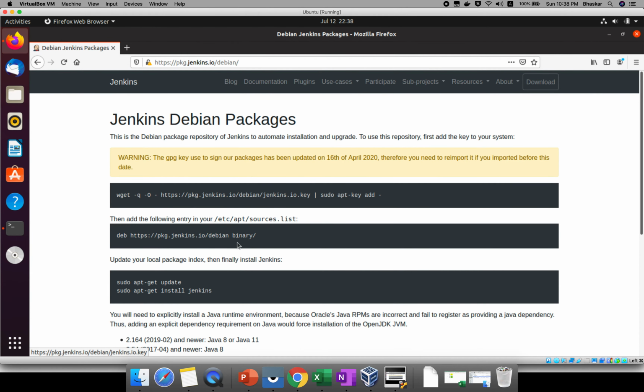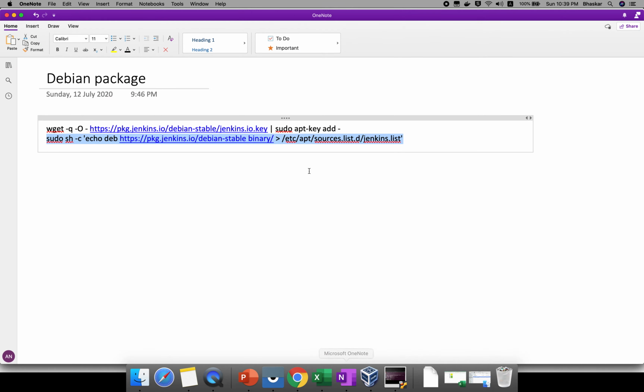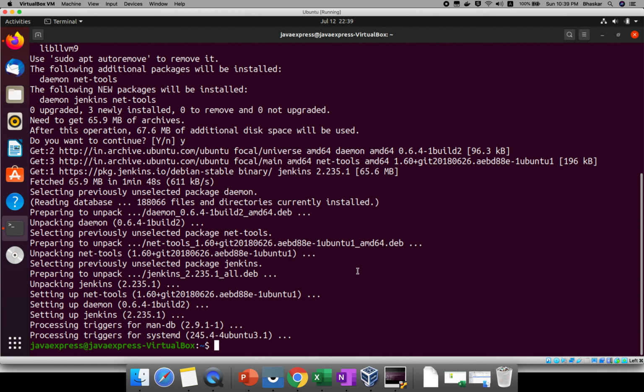These are the packages I used, but the full command is not available here. They say to add the following entry in your sources.list. We have already given that in the terminal: this is the command you need to add to the jenkins.list file in your sources. So it is not something you can copy directly from the website.